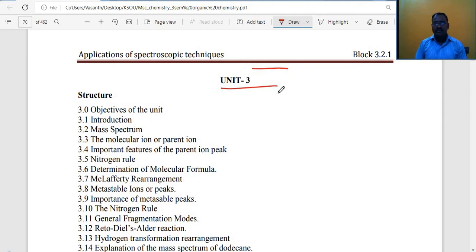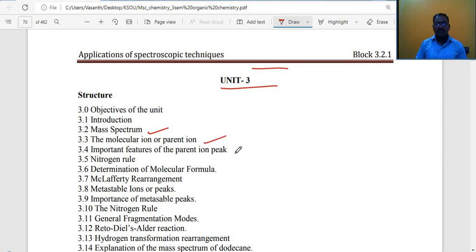In this module we discussed mass spectroscopy. Mass spectroscopy is in the organic chemistry part, third semester, for Karnataka State Open University students. In this mass spectroscopy we discussed the basic introduction to mass spectroscopy,